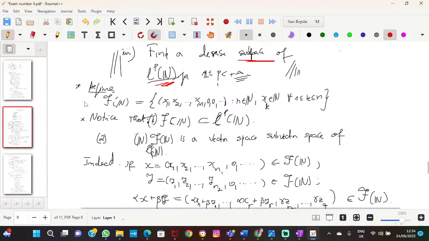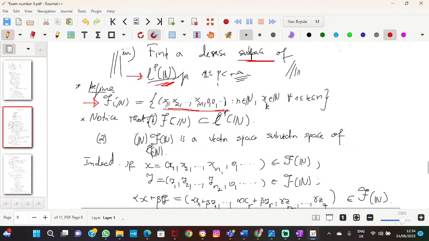The first task is to define that set. So to define that set, which is going to be a subspace of our space, we then see if it's going to be dense in LP. So the first thing that we do, we define this set. We define F of n, calligraphic F of n, as this set,